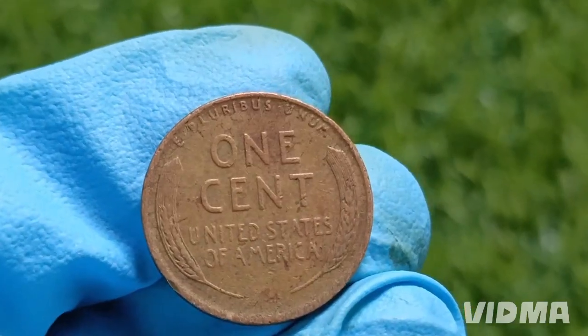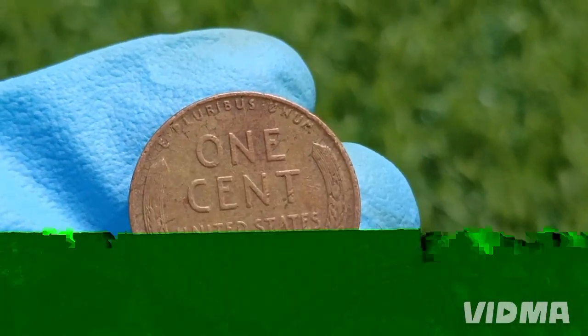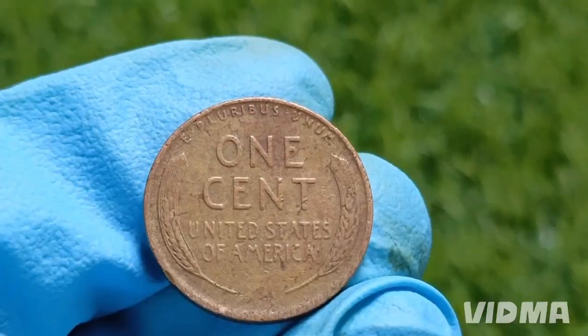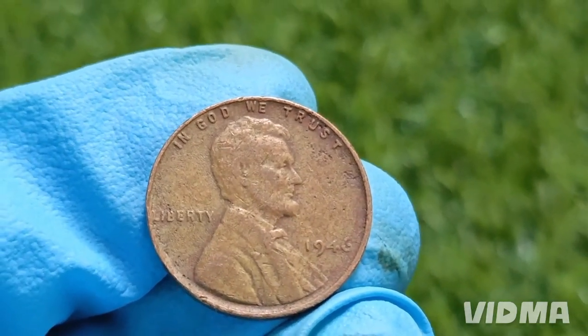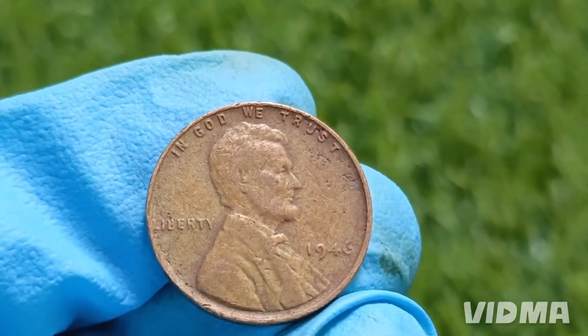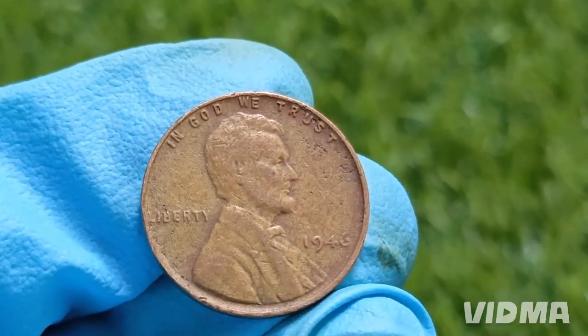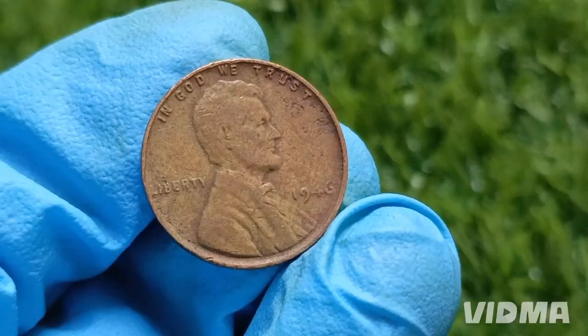It was designed by Victor David Brenner and features a profile of Lincoln on the obverse, with two stylized wheat stalks on the reverse, hence the name wheat penny. These coins were minted from 1909 until 1958, after which the design was changed to feature the Lincoln Memorial. What makes certain wheat pennies so incredibly valuable, even in damaged condition, comes down to a few critical factors: